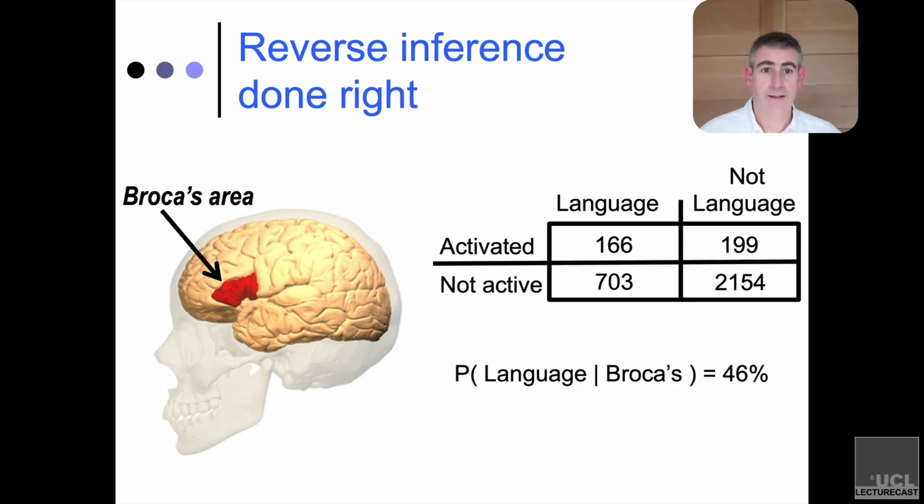And if you're happy with the idea that it's probably legitimate 46% of the time, great. But you now know the certainty with which you can appreciate this particular inference. It's not what you may have assumed informally, that of course the two are linked, and therefore I could reasonably say, yeah, if I see Broca's area activation, it probably means somebody's engaged in a language task. I bet that's really high. Well, "I bet that's really high" probably does not equate to 46%.